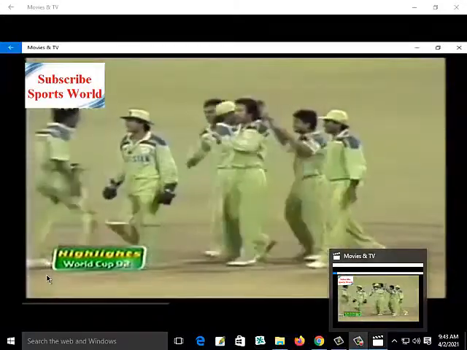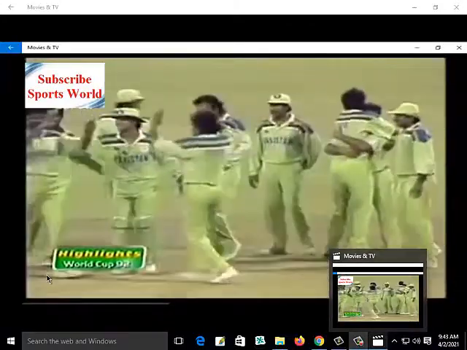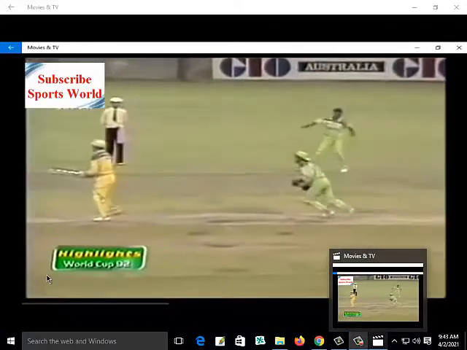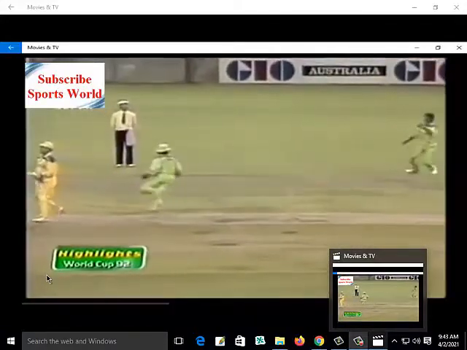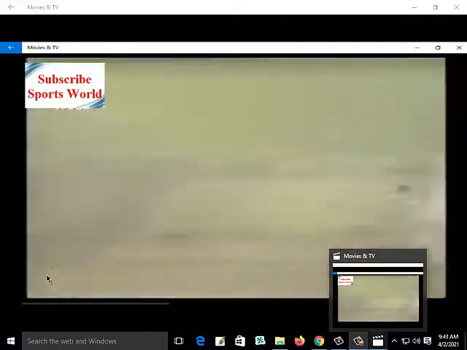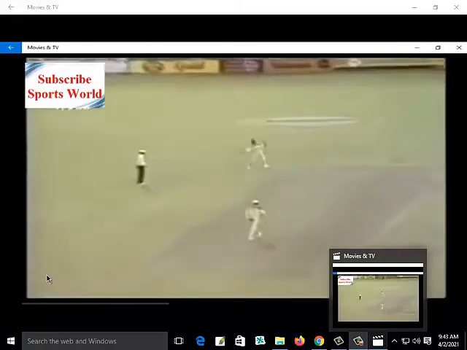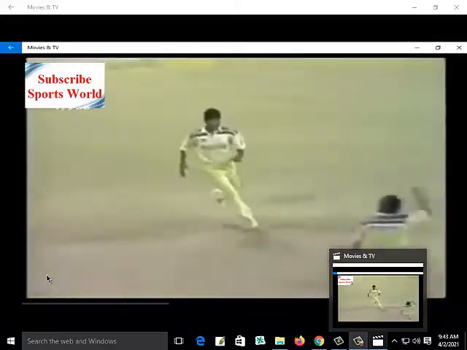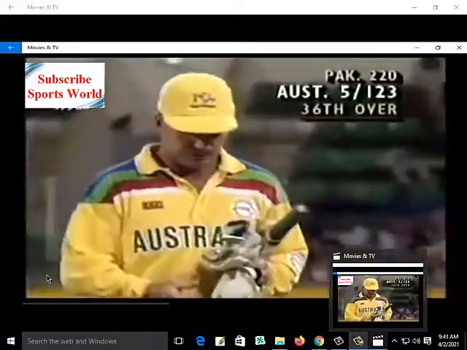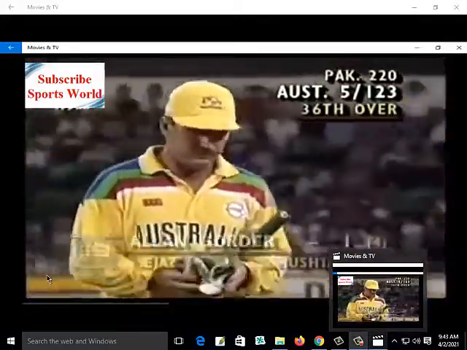Yes, Allan Border's woes continue in the World Cup. And Mushtaq holds one at Allan Border, who's trying to get the run rate going. Just drifting down the leg, picks it up. And Ijaz takes a superb catch there. Look at the delight in the Pakistan fielders. 5 for 123.